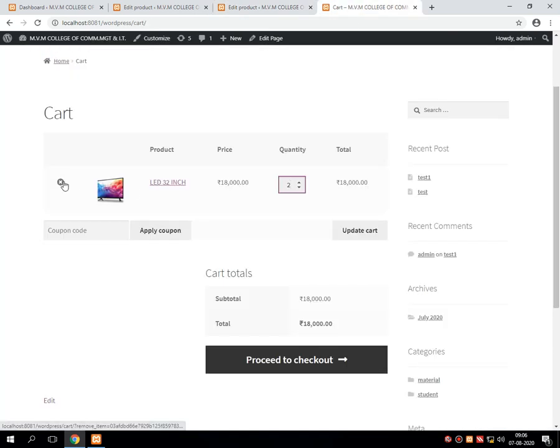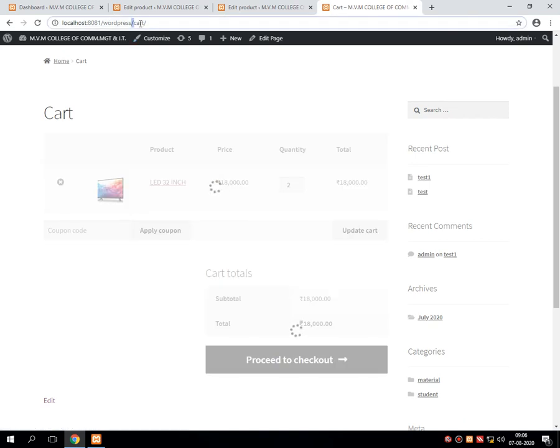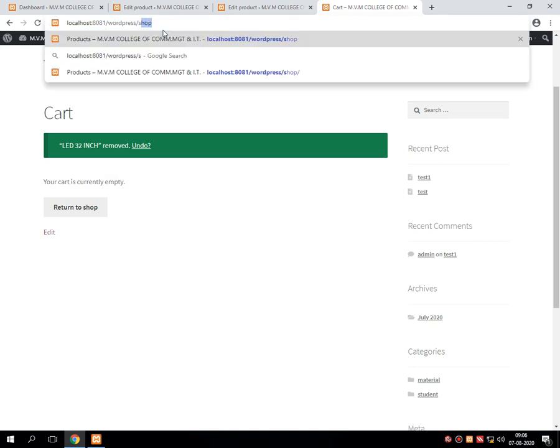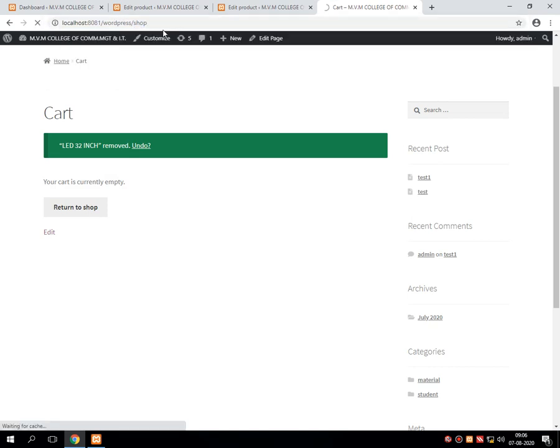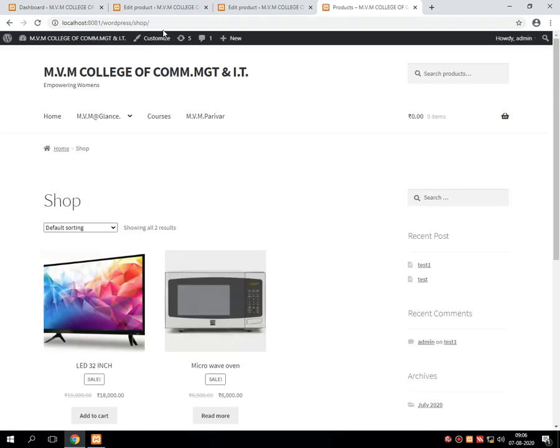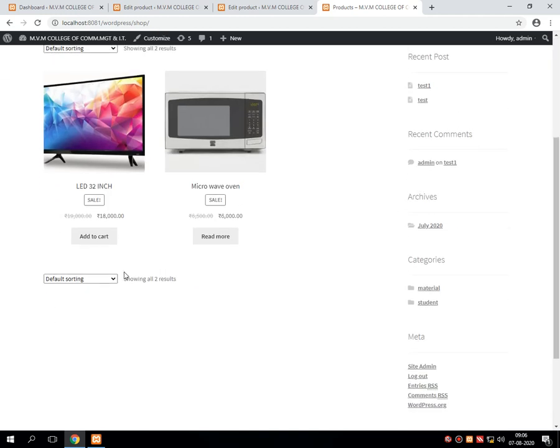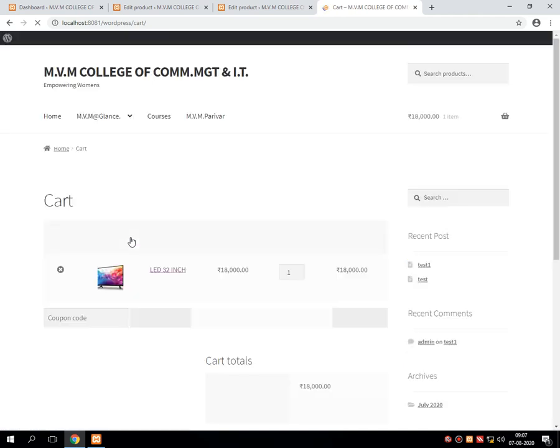After that, I have opened the shop on the client side by refreshing the page. Once the page gets refreshed successfully, you will see the 2 different products created by the company side, where I have pressed add to cart, then view cart, and in the view cart there is a selection of quantity.